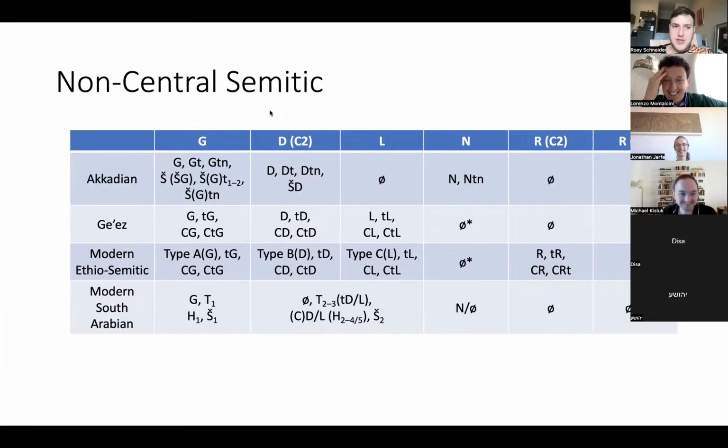Like if we take out the sheen, like we saw that in modern South Arabian and in Ethio-Semitic, we can add the causative also to the D and to the other stems. If we think about it, we can also do that in Akkadian. So outside Central Semitic, Akkadian has this rare sheen D stem. Outside Central Semitic, we can talk about the sheen as just another variation of the stems. But in Central Semitic, it's just a stem of its own.